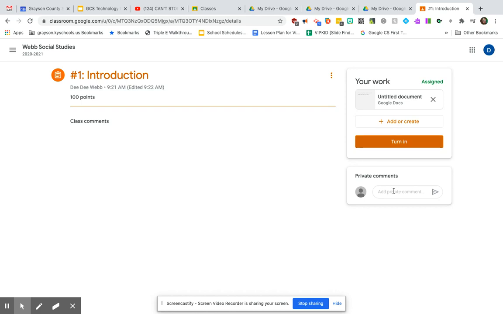And one other thing, there's an option here for the child to add private comments to the teachers. So maybe the student had some issues. Maybe they're needing some help with the assignment. The student can type in there, hey, please, I need some help with number whatever. Or if you, as the parent, want to put a message in there, you could just say, hey,